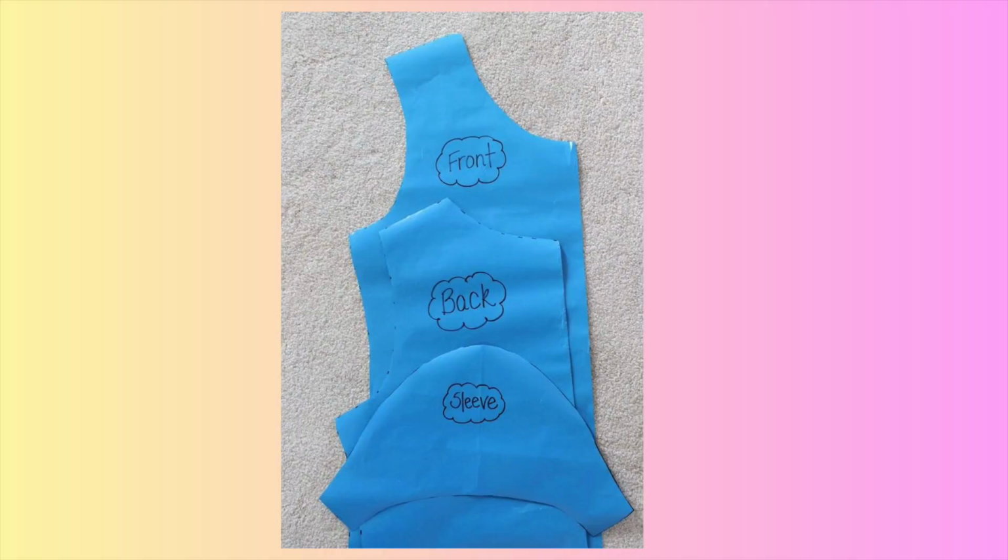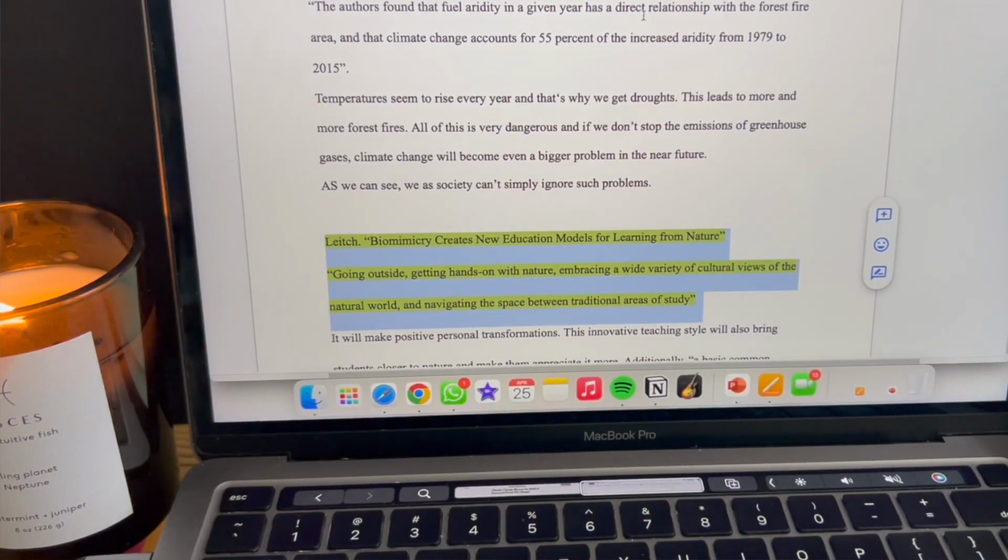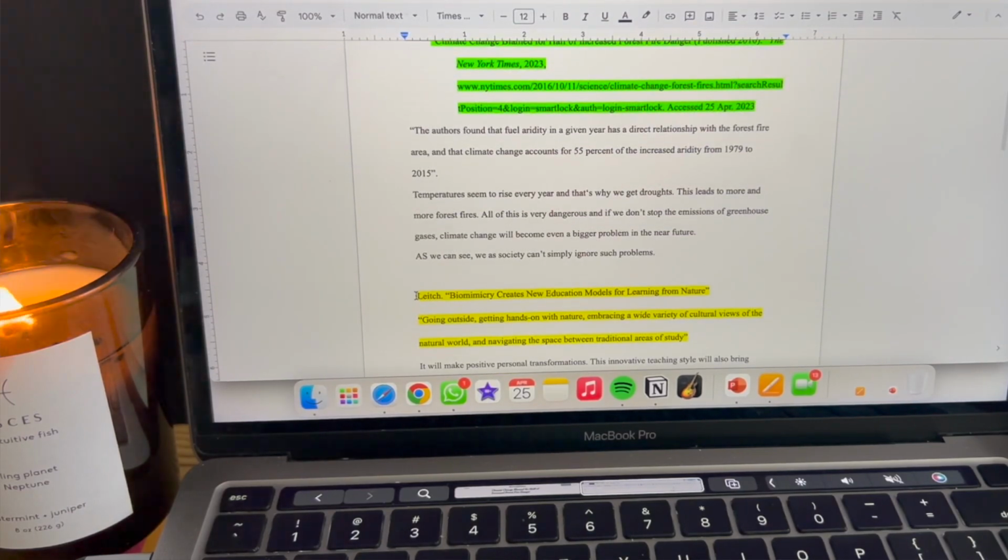And the exact same thing happens when you cut out the pieces of fabric when you're sewing, and separately they don't really have much of a use. You can't really wear a separate piece of fabric for the sleeve, for example. You have to have the whole t-shirt to wear it. This step is going to help us to put those pieces together, join them together, so our whole essay looks